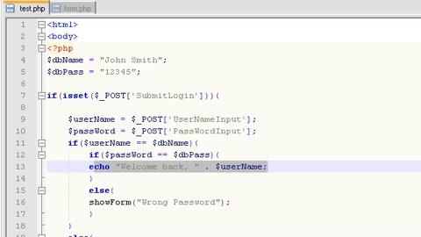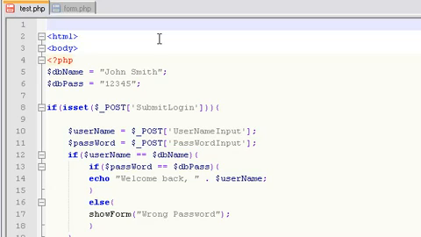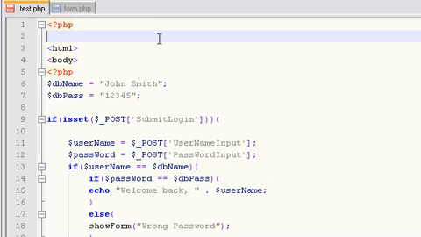So the way we do this is with what's called a session in PHP. A session is also a super global variable, just like the post and get super global variables. But the session is a little bit more advanced than that, and I'm going to use a session right now. The first thing to know about sessions is you need the session_start